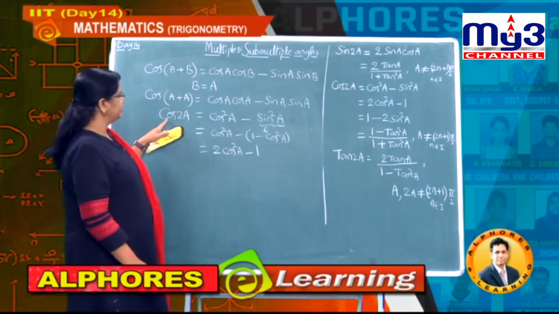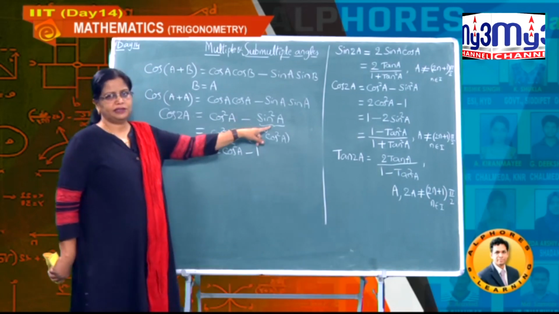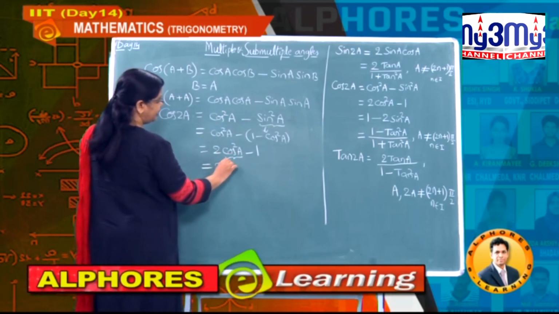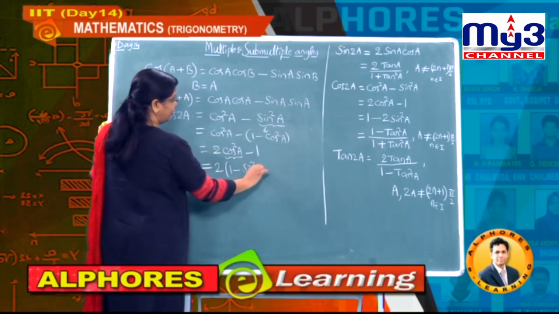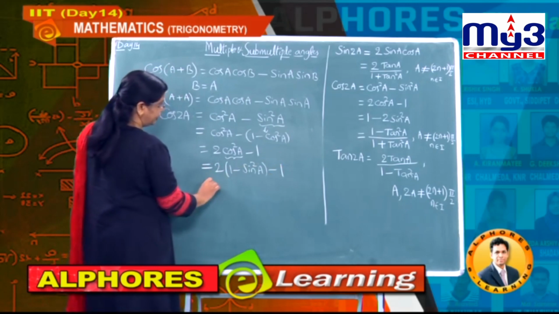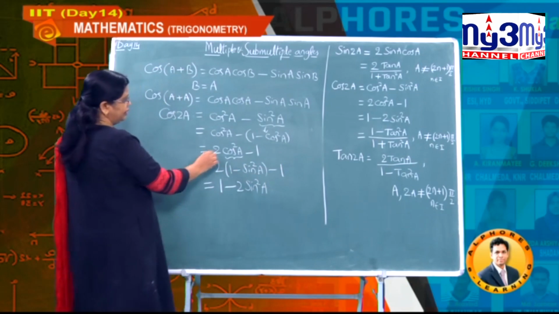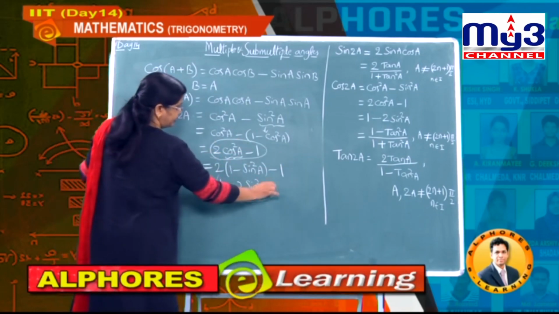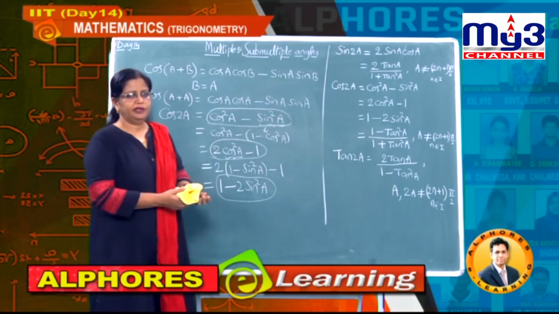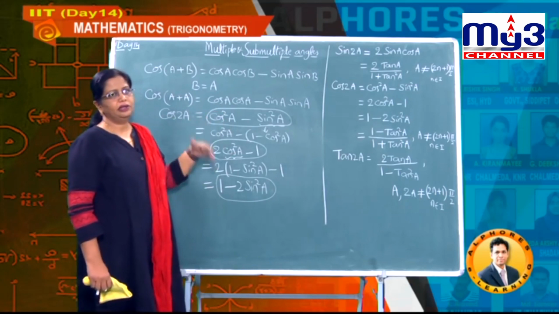Okay. That is, this is the formula which is completely in terms of cos, whereas this formula is in terms of cos as well as in terms of sin. Now again here if I write this cos square A as 1 minus sin square A and minus 1, understand? Then 2 into 1, it is 2 minus 1. So 1 minus 2 sin square A. Got it? So you got 2 cos square A minus 1, 1 minus 2 sin square A, along with cos square A minus sin square A. And these are only in terms of cos and sin, therefore A belongs to R, all the real numbers.